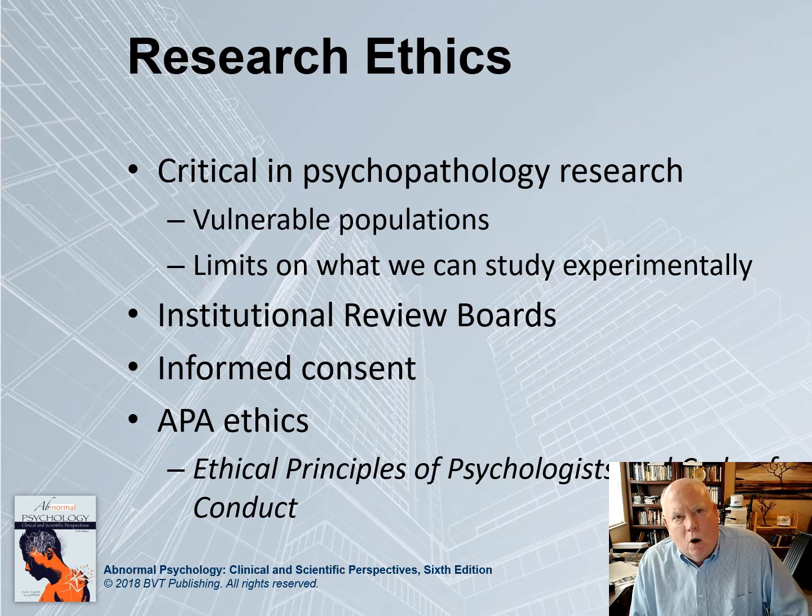I'm happy to report that the American Psychological Association was the very first organization to create a code of ethics for research. They did that 20 years before any other organization for human subjects, and over 40 years before any other organization did it for animal studies. So the APA, American Psychological Association, has been at the forefront of establishing ethical guidelines for research, not only with humans, but with animals as well.